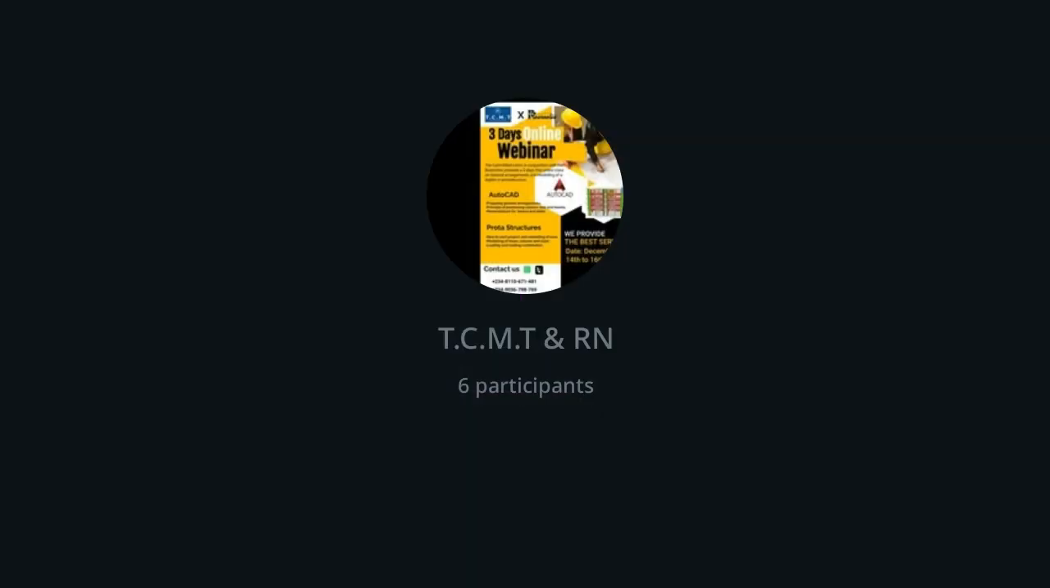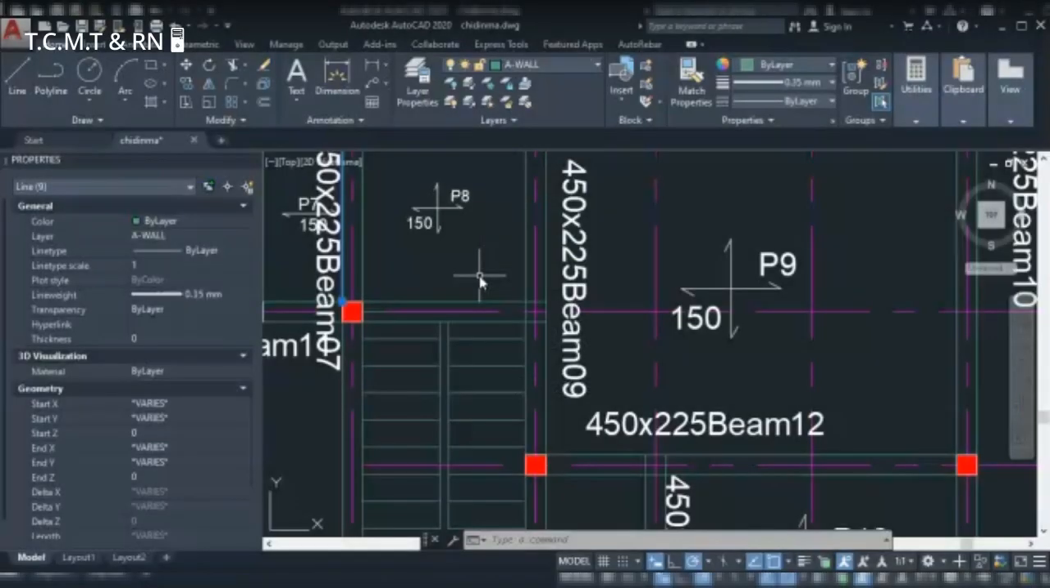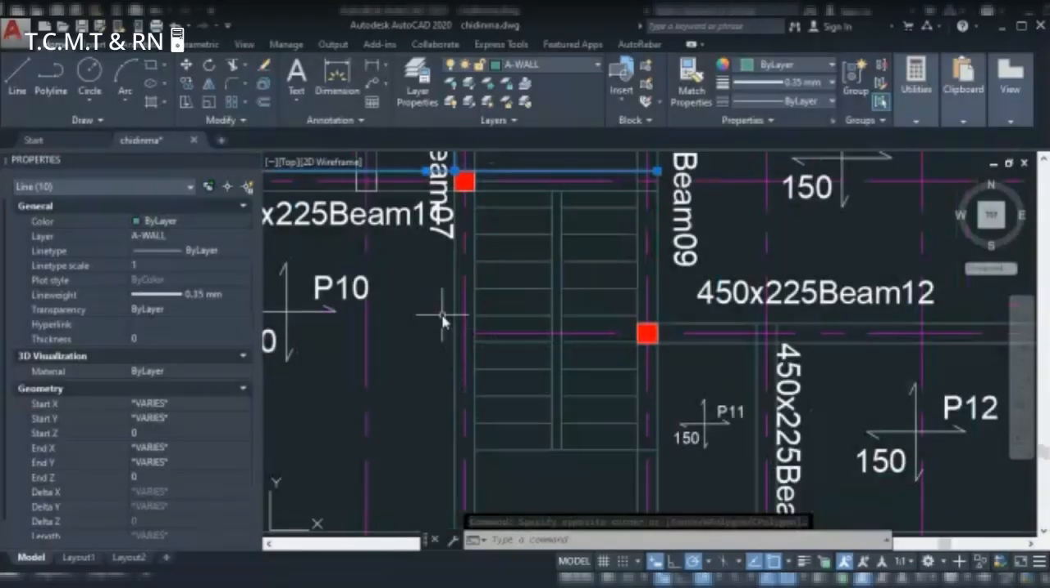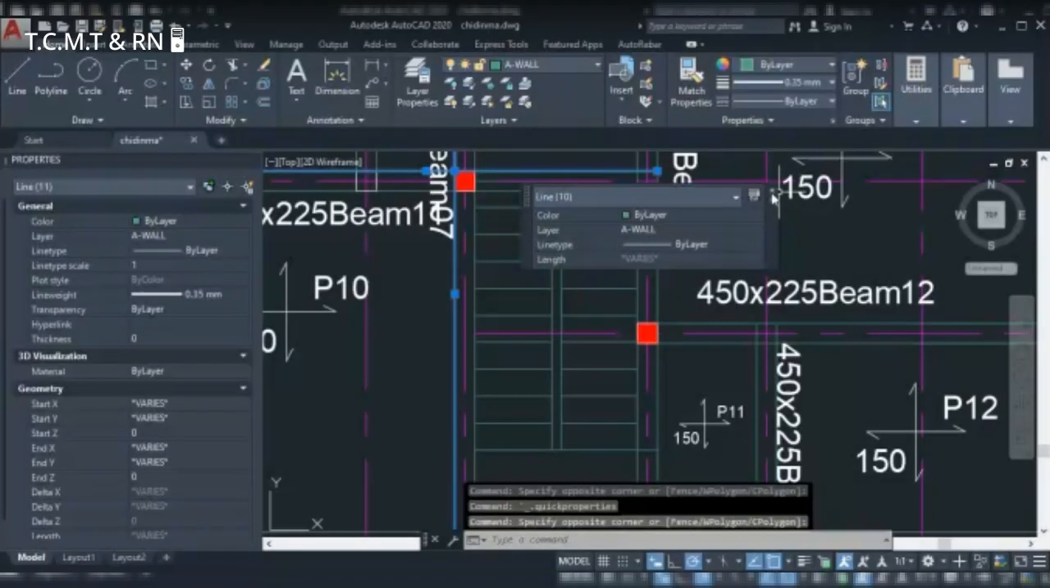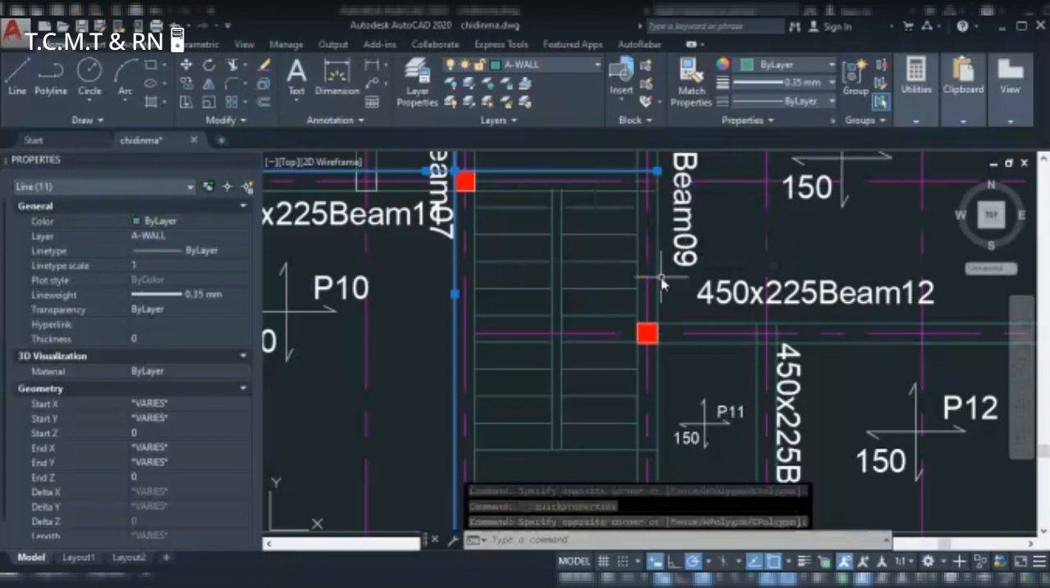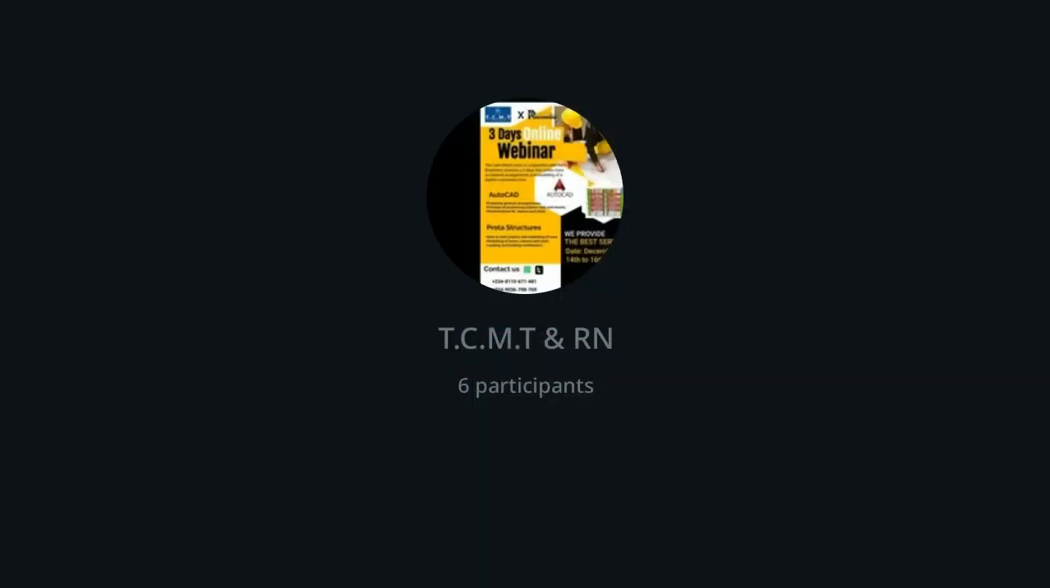Okay, so we don't want to waste time to represent all of them. And this one to represent the hidden line. This will also be represented with a hidden line. This one, and this one with a hidden line. But this one,